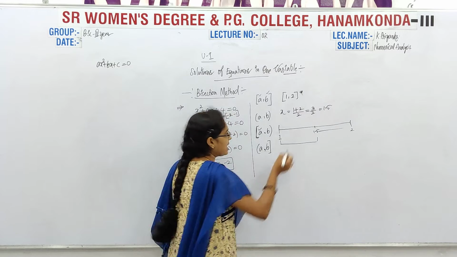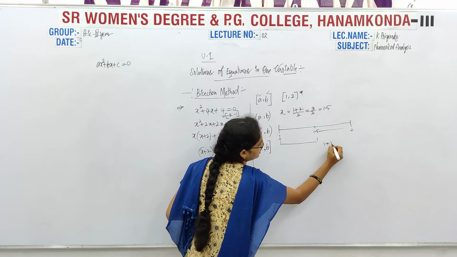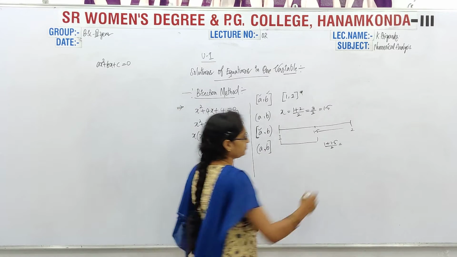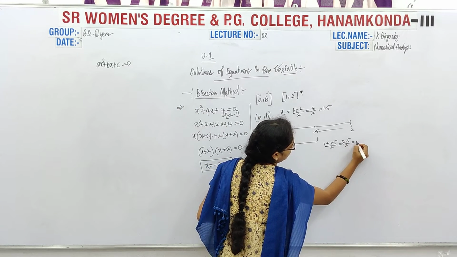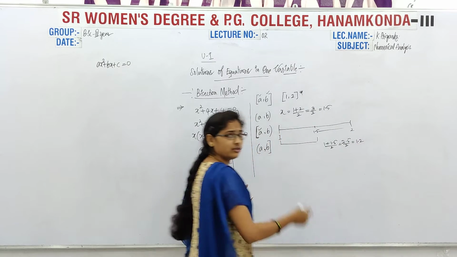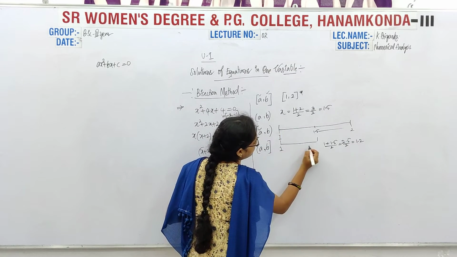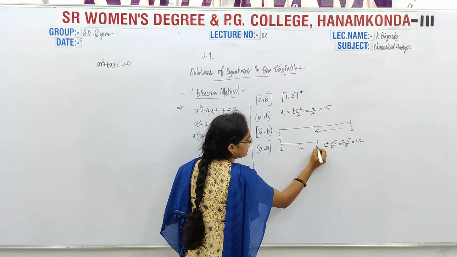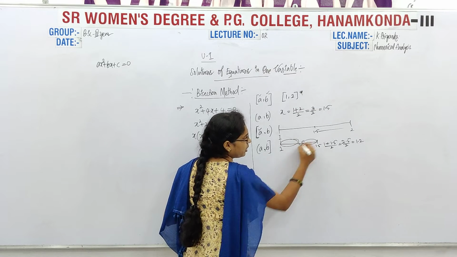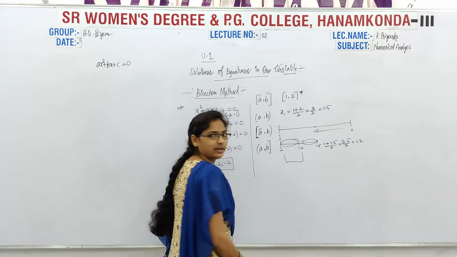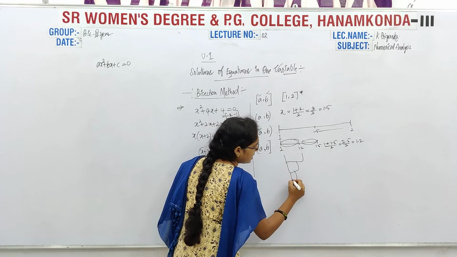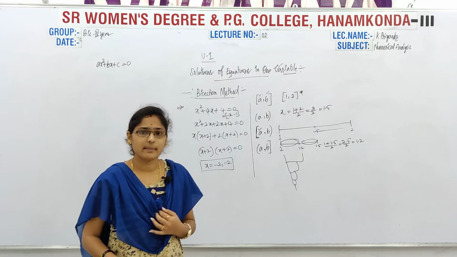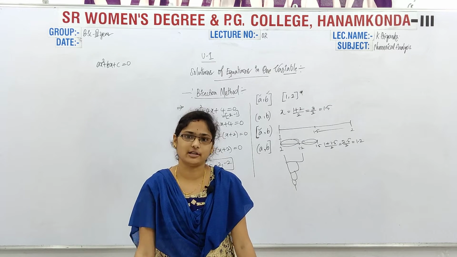1 to 1.5. Again you have to calculate the midpoint, that is 1 plus 1.5 by 2, that is 2.5 by 2, means 1.2. So now it is 1 and it is 1.5, which means the middle value is nothing but some 1.2. Again here we have to check whether the root lies in this part or in this part. Again, for example, if you have like this. So here what is happening? We have to follow the same procedure, and finally we will get that one value. So here what is happening? Actually we are filtering the values.